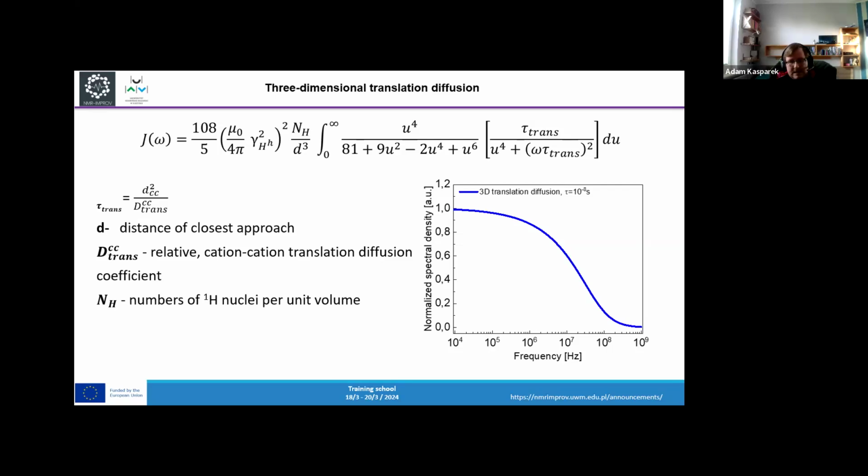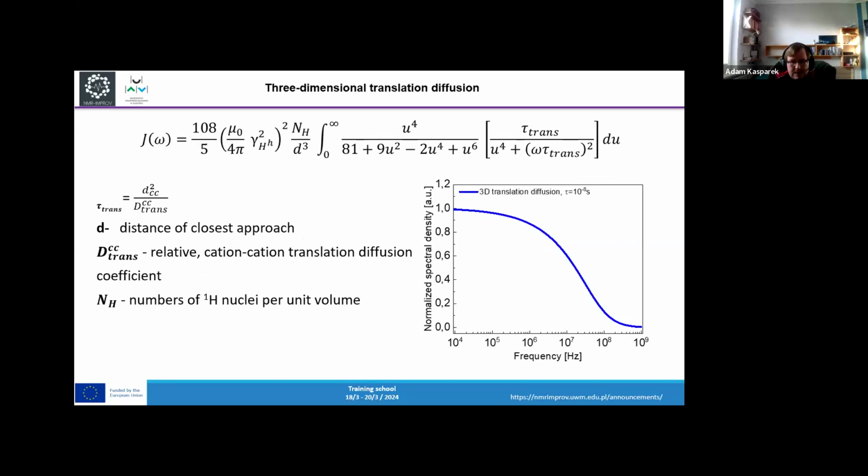As we can see, it slowly goes down. Then around the inverse tau translation, it starts descending faster. Okay, so going further,